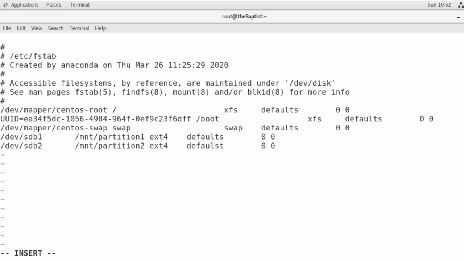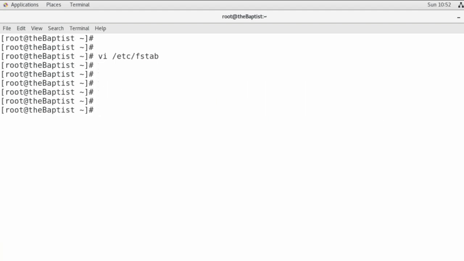So this is what needs to be done right now. I hope that is clear for you. This is our device name. This is where it is mounted in the system. This is the file system, and the permissions, and 0 0. Okay. I think there's a small mistake here. Default. Yeah. So I'm going to save this. So I think that is done.